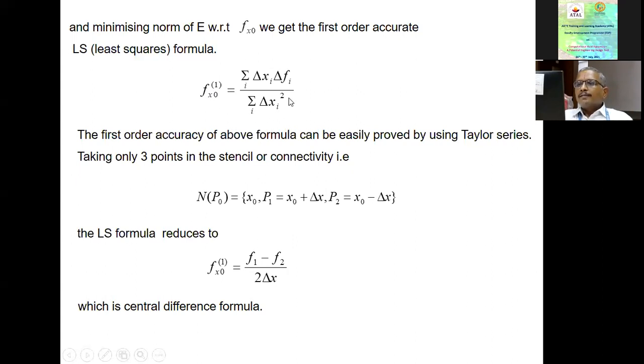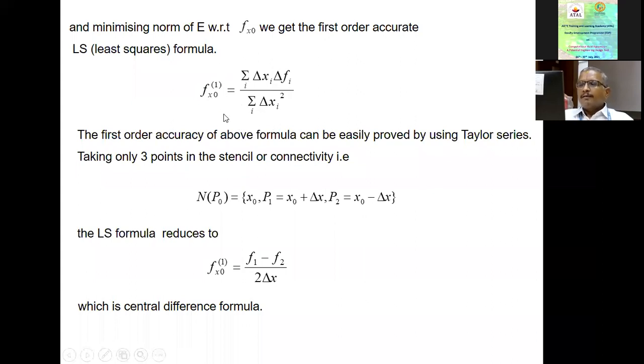Given a set of points in the neighborhood of a point O, and I know the values of the quantities of interest, say the quantity of interest is F, I have now arrived at a simple 1D formula, which is called the least squares formula, which will give me an approximation to the derivatives in terms of the quantity F and the distances delta X. So this is the basic approach of mesh-free. Whether it is 2D or 3D, the formula becomes a little more complex, but the approach is exactly similar. So what does this tell us?